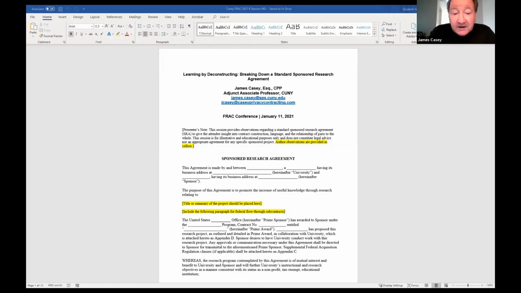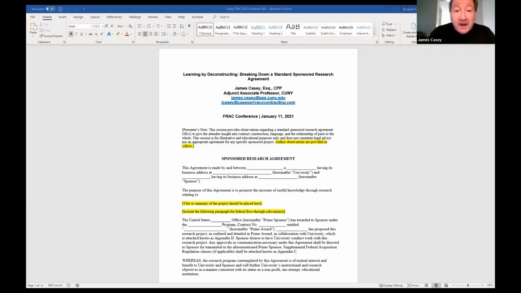And at the top of the contract, where you can talk about the title or summary of the project, in the yellow highlight near the top, that sort of information can be culled directly from the original proposal. In the majority of situations, if you get a standard SRA from a sponsor or any other entity, and there is no proposal, I would hold off on negotiating the contract in a major way until the proposal has been routed. That is a best practice.